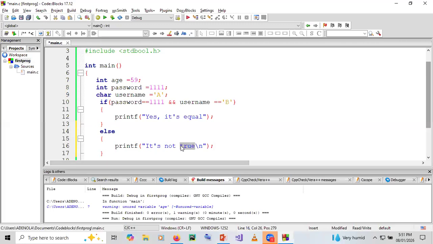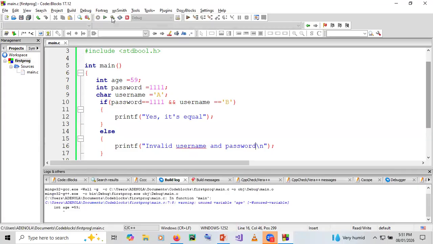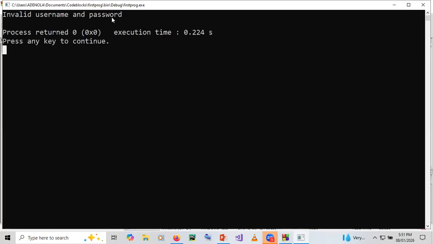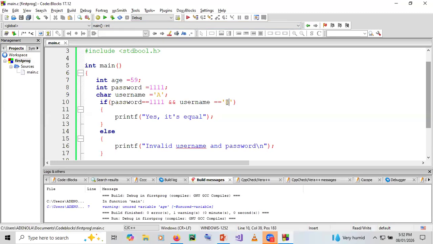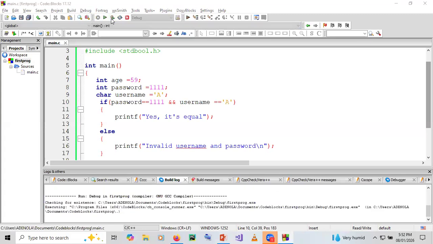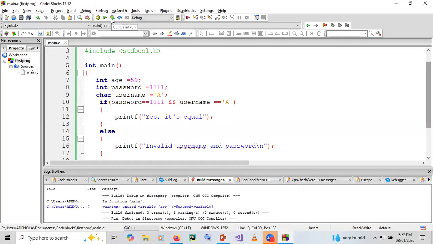So with that condition, or I can say invalid username and password, I can come here and say invalid username and password. Okay, run. You can see what it's giving me: invalid username and password. If I have the right username and password, what will it tell me? Yes, it is correct. You can see there are so many things you can do